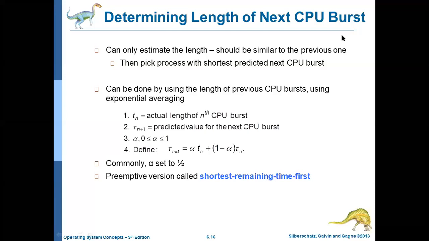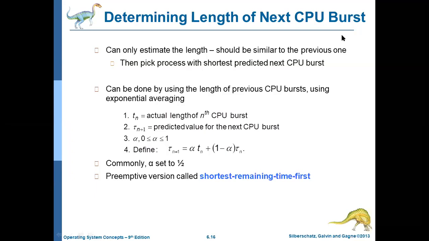From an examination point of view, they may ask: describe various scheduling algorithms with suitable examples. If they give the values, you have to do the problem. For a detailed theory question, just consider your own three processes, P1, P2, P3, with 24, 3, 3. Apply all the algorithms one by one, FCFS, SJF, SRTF, priority, and round robin. Finally, HRRN. Among these, you have to differentiate between the non-preemptive and preemptive.